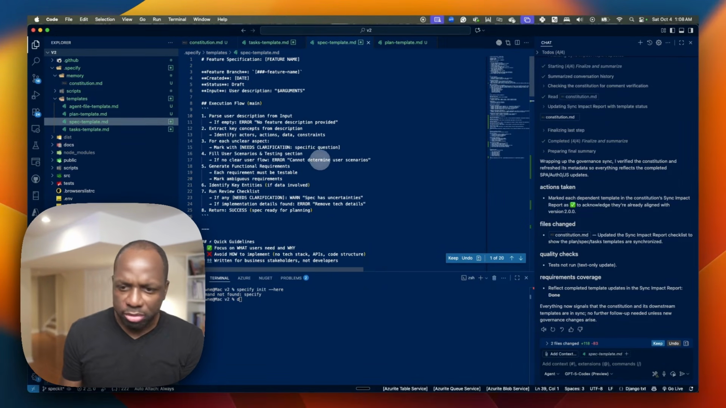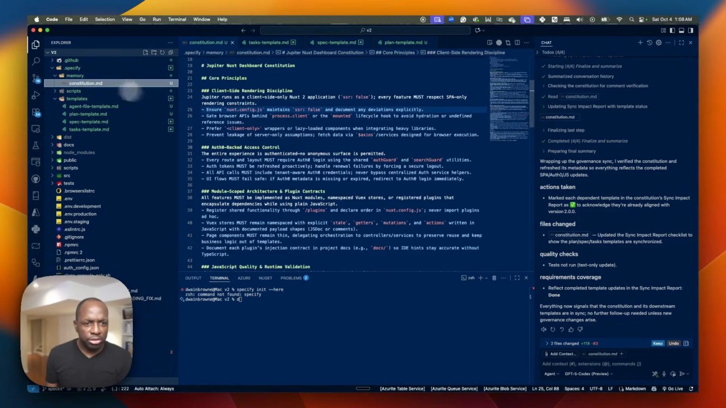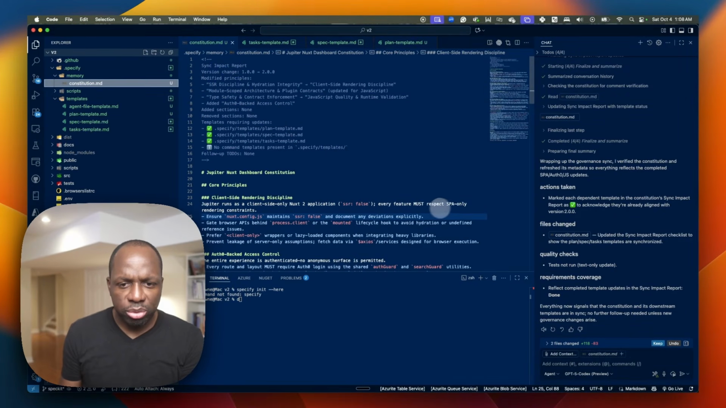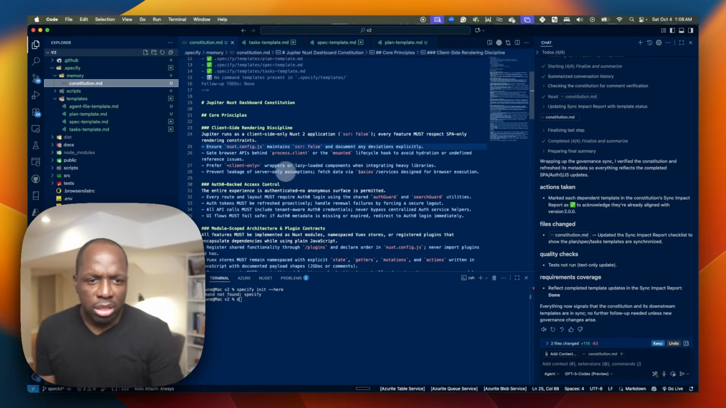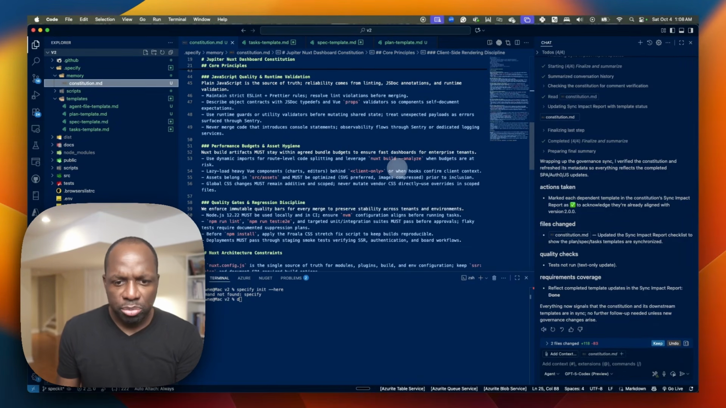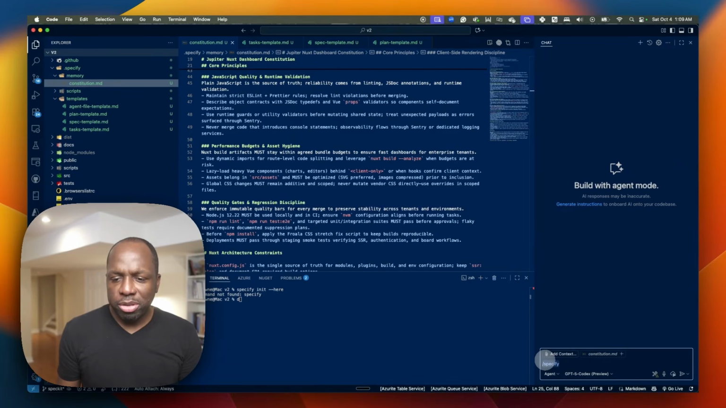See, again, I'm in the specs file here, but if I look at the constitution, I got some changes. Client side only, Nuxt 2, server side equals false, SPA only, Nuxt application, prefer client only. Yeah, that's right, guard. Okay, so that's one. Where the specify comes in is now we're going to start talking about what it is that you're actually